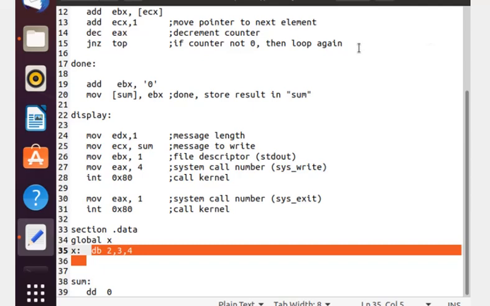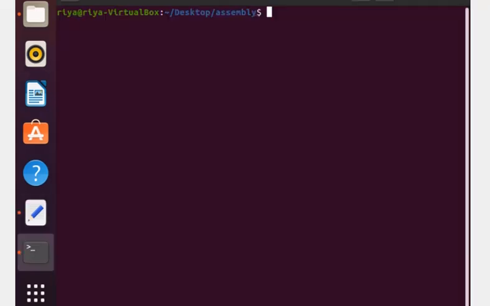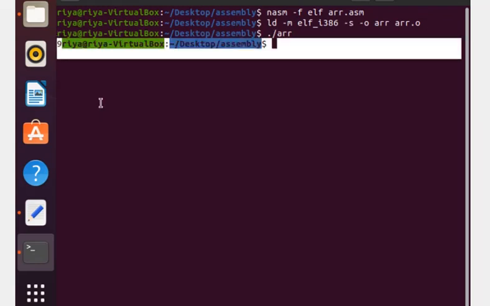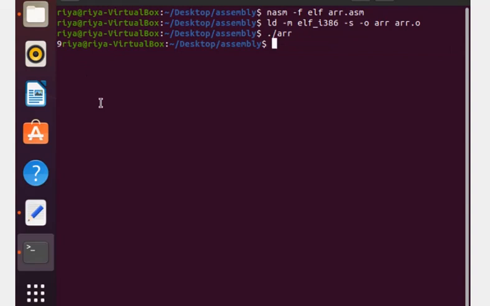I will just execute this program to show you the output. So let's go ahead and compile your program. As you can see, students, we have successfully retrieved the final output, which is the summation of items in your array. Now let's move ahead and cover the next concept, which is procedures in your 8386 microprocessors.